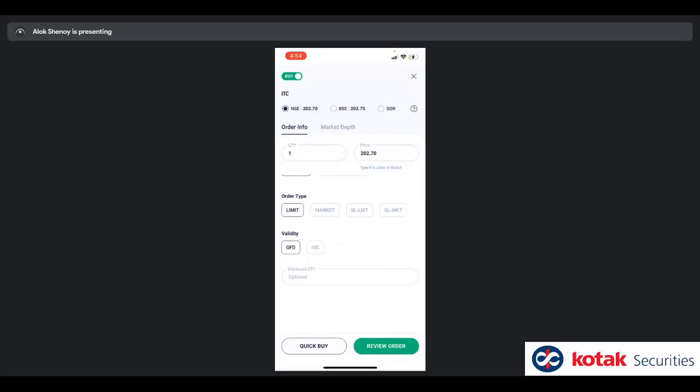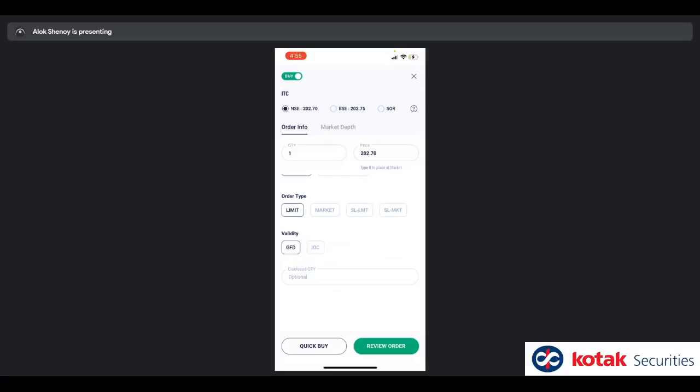So as you can see, when you select a limit, you will get GFD IOC as options. You select that, and you have two options down below that you can see: quick buy and review order. If you don't want to spend the extra second reviewing your order, just click on quick buy. It'll execute immediately. If you click on review order, it's going to show you a confirmation screen. The benefit of the confirmation screen, if you made any mistakes, you get time to rectify it. Quick buy is for the day traders who want to get the benefit of this millisecond or the second, right? So you can use quick buy.